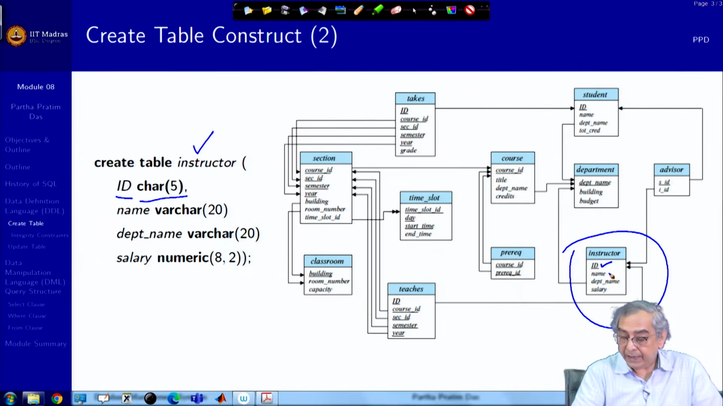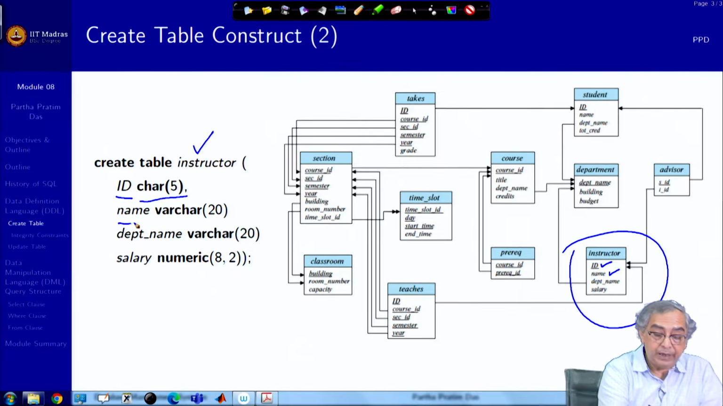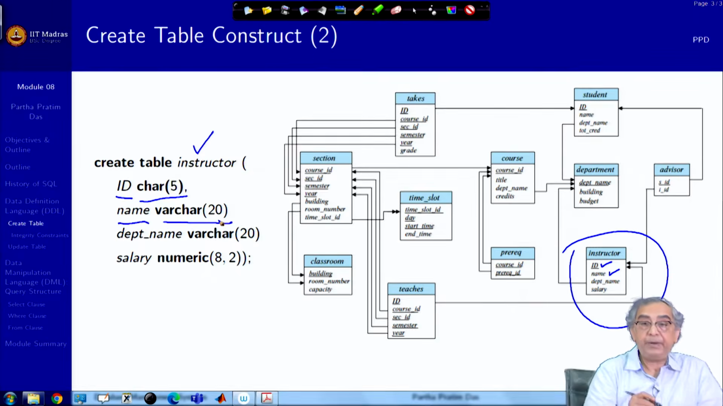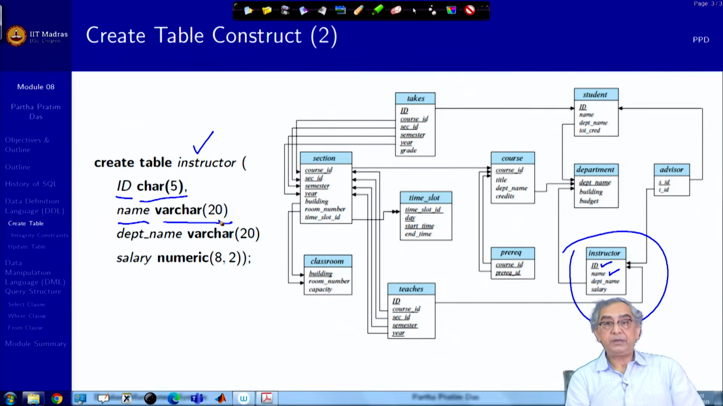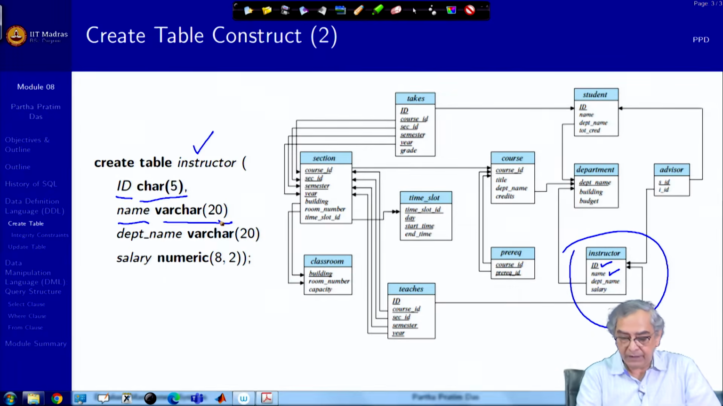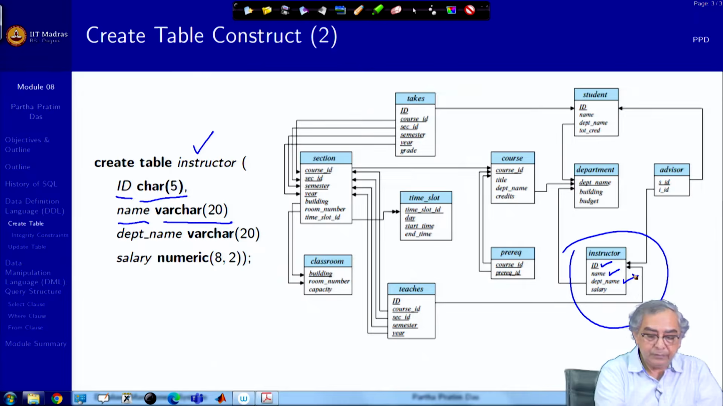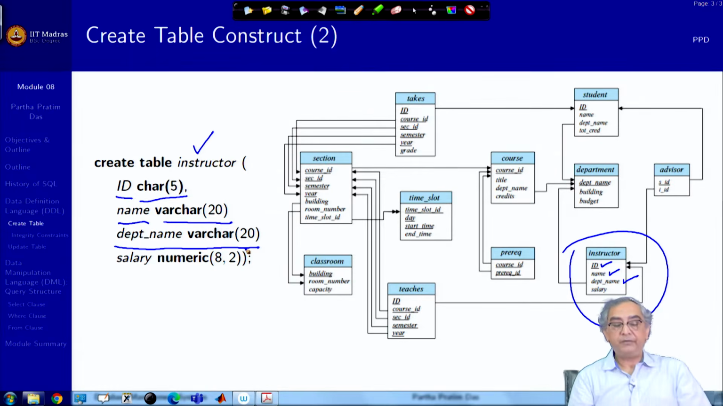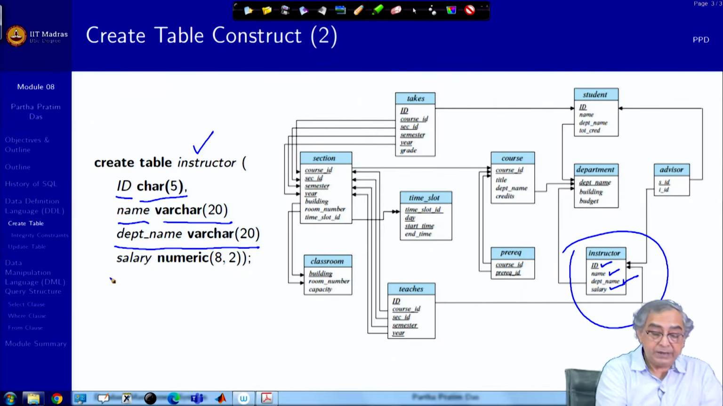Then the next is the name of the instructor, I put name and keep it varchar(20), because we do not have fixed size names, so you are putting a maximum length. The maximum length allowed for the name is 20 characters. Then the department name, which is also varchar(20), and finally, the salary, which we say is